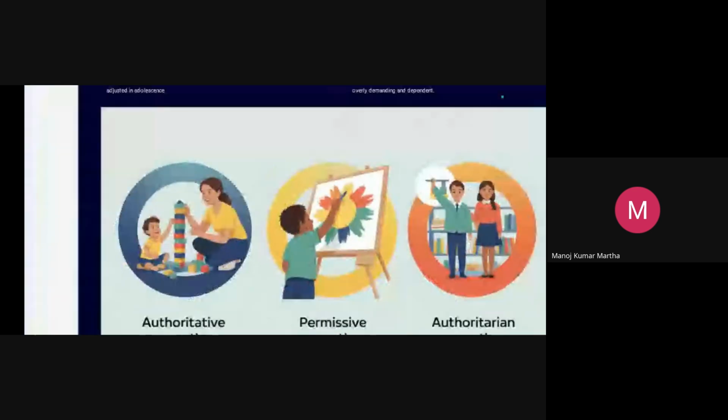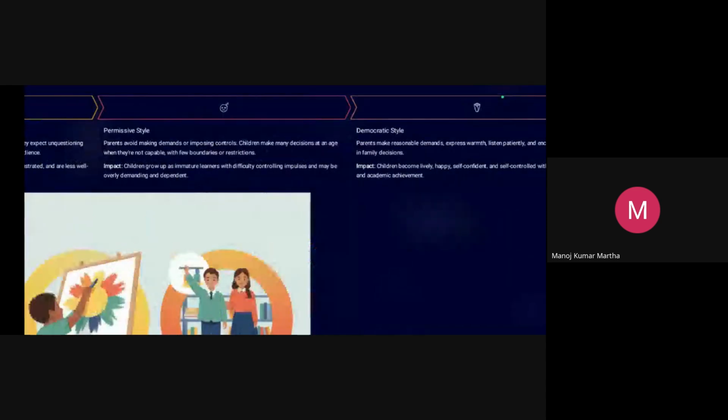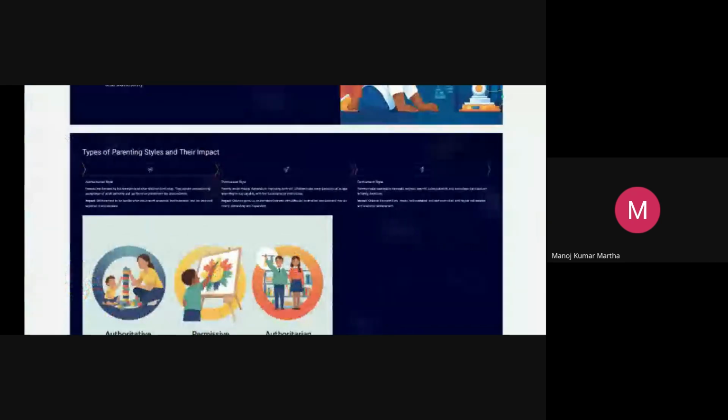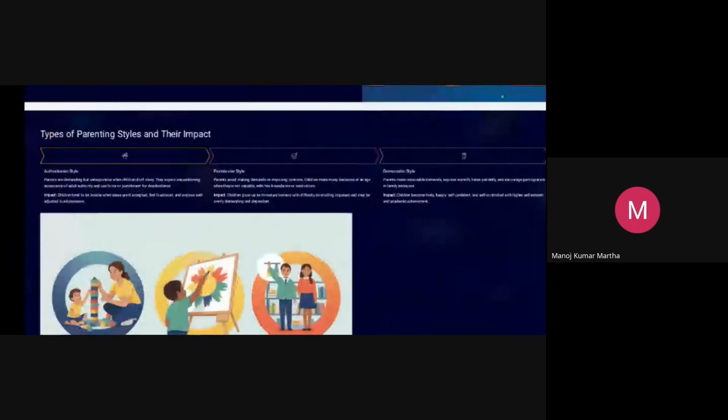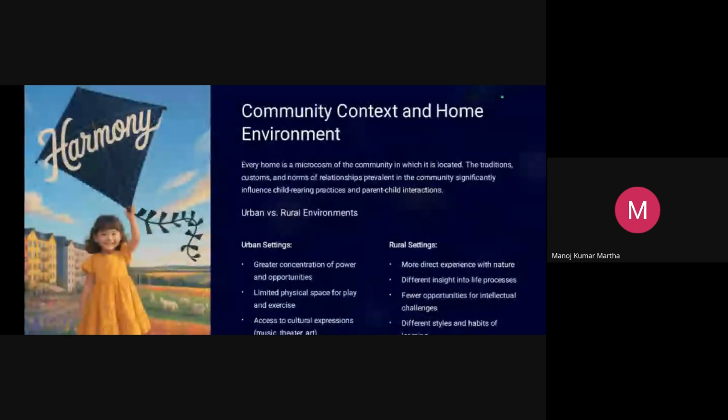So research actually says that if the parenting style is democratic, those students show better performance in their academic career, and their learning process is better in comparison to other parenting styles. If it is too permissive, sometimes children may be distracted, they may go in a wrong path, wrong way, if there is no control of parents over the children. Okay, so research says democratic style is better for learning and development of the student. Okay, then